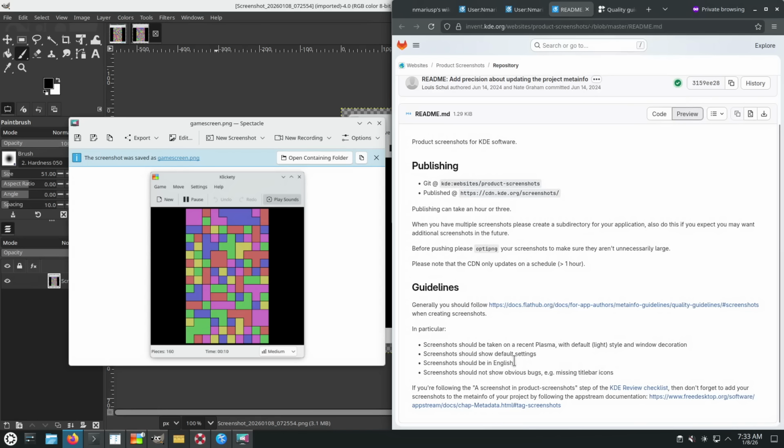Okay, so it says that the screenshots will be used as part of KDE applications, will probably be used as part of KDE Plasma. We should use the same theming and styling and look and feel for most of the screenshots taken for KDE Plasma desktop applications, which means that we should use the default settings,